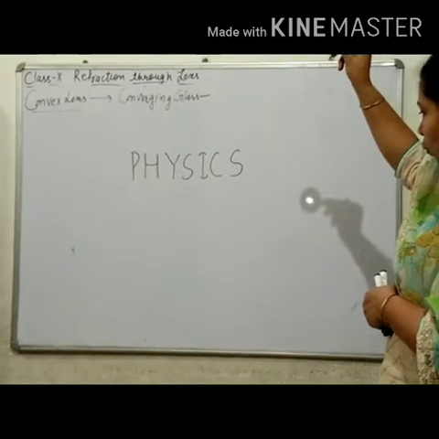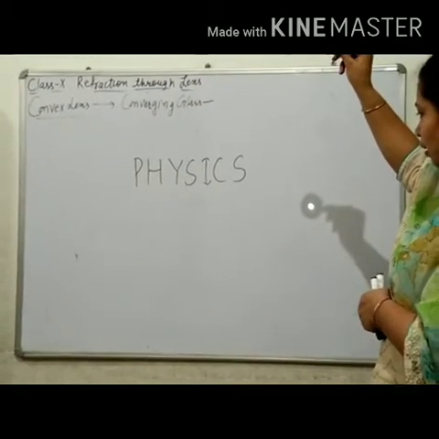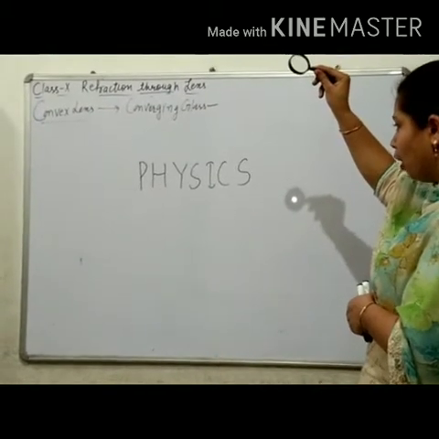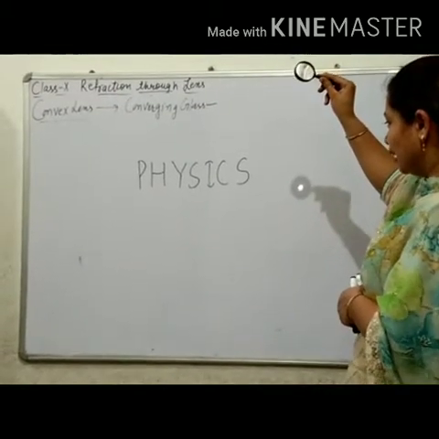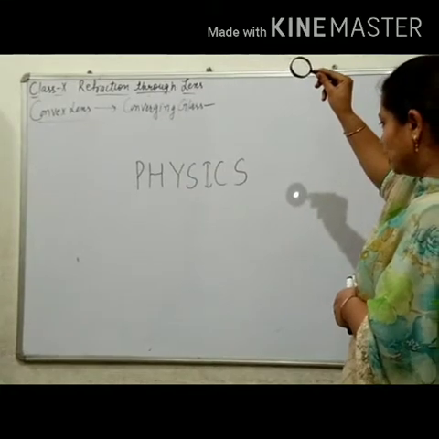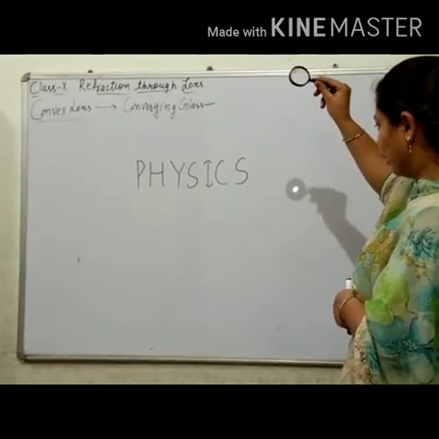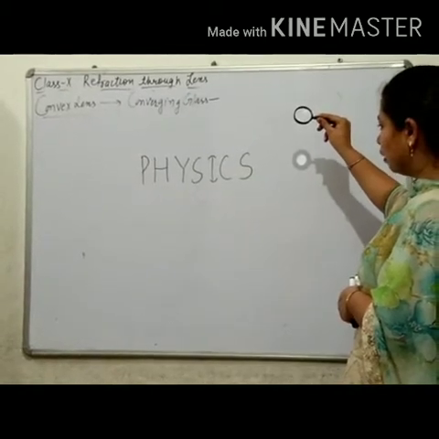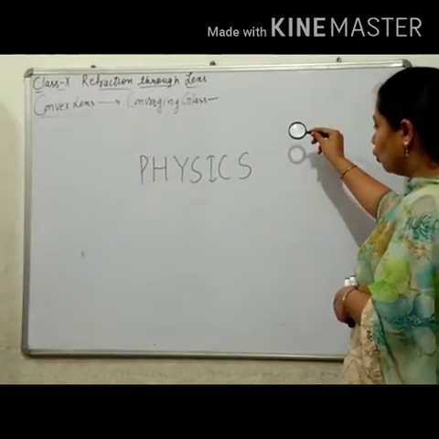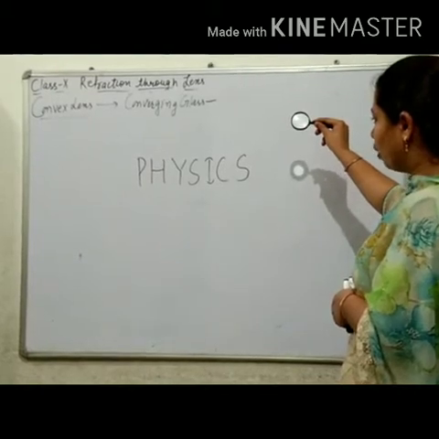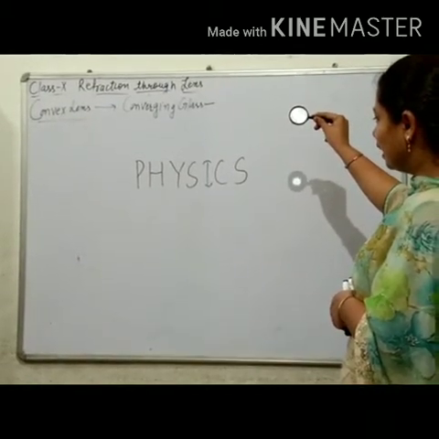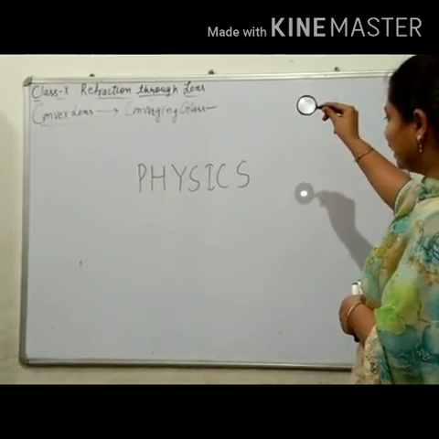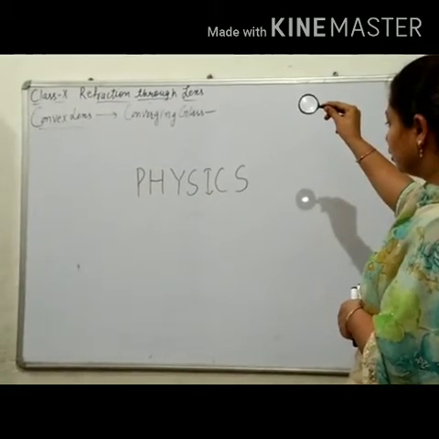When I am taking it towards, the image is getting sharpened. Again blurred, again sharpened. Now, when I am moving it closer and closer, it is very clear. But when I am taking it much nearer, it again gets blurred. So there is a particular point where the image of the tube light is exactly clear.